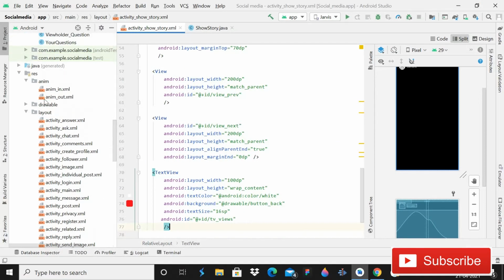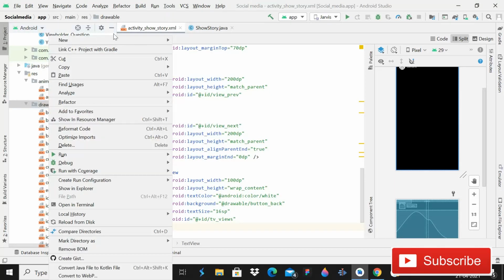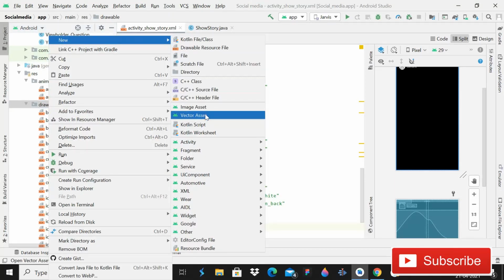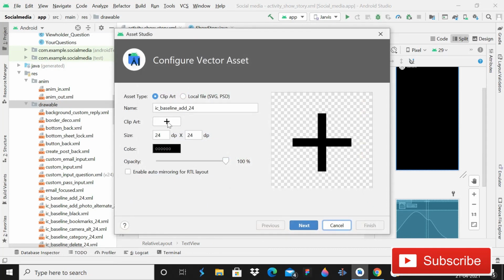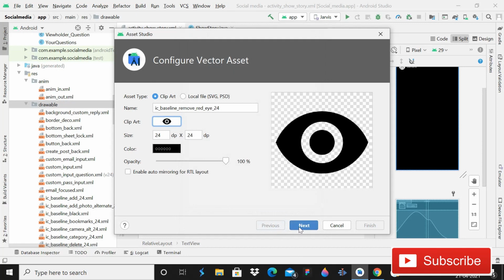That will actually be an eye. You have seen it: whenever somebody sees your story, you see an eye. For this you have to click on the plus icon, and then here you can search for eye.